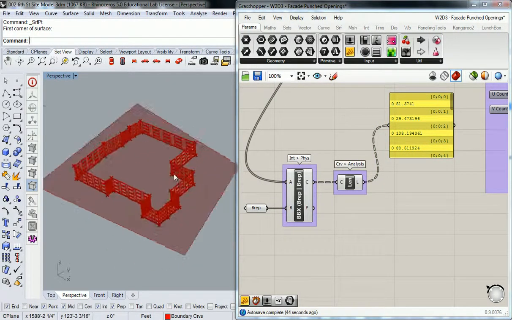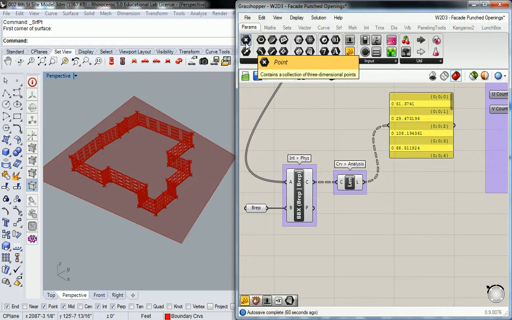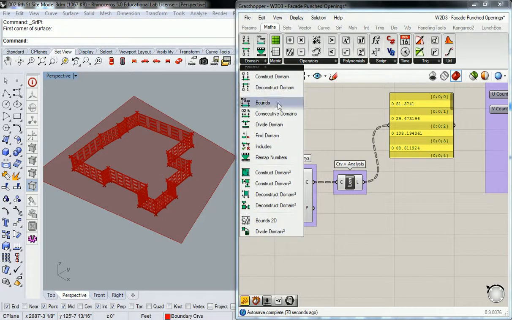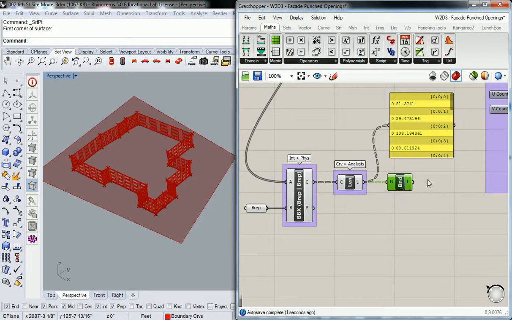And so here's really the kicker. We're going to create groups of faces based off of the lengths that we have in that list. So here's a good way to measure your minimum and maximum value. Do you recall what the term is for something that has a minimum and maximum? Close. You're right, but there's another term. Yes, domain is what I'm looking for. So domain, we can find domain. No, I'm sorry. We want bounds. So what bounds is going to do is give us the minimum and maximum value of a list of numbers. So I plug that in, and what I get,